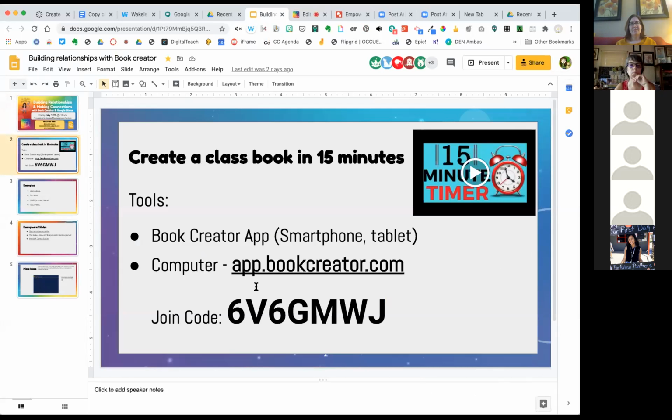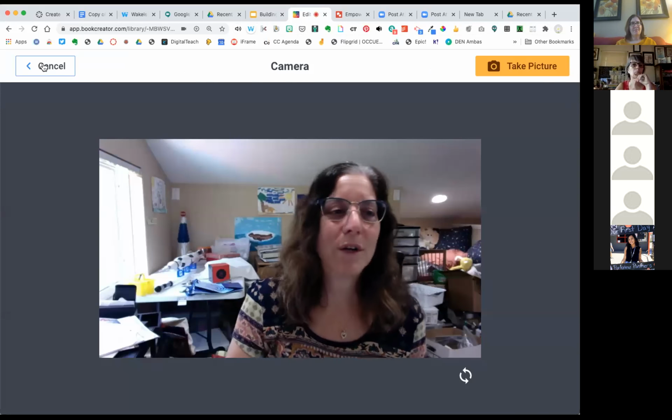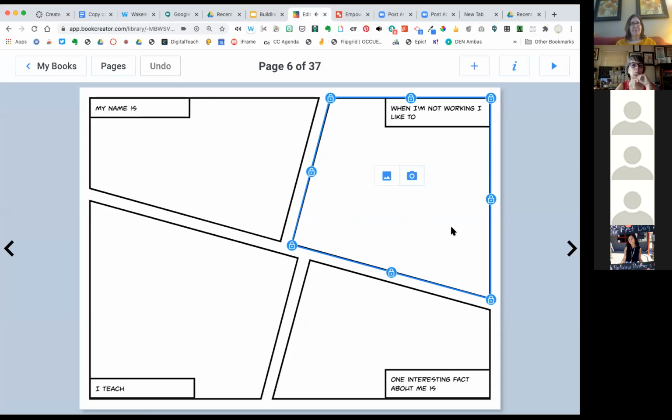So if you haven't done so already, please go to app.bookcreator.com. Here's the join code. You're going to join my class or my library on Book Creator, okay? And for the students, I would set the time limit. About 15 minutes is what I'm going to give you. So when you're in Book Creator, you're going to pick,